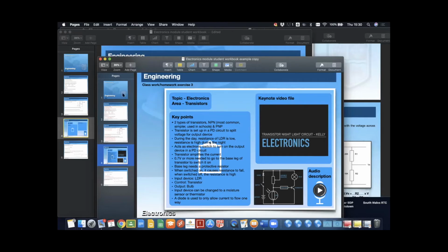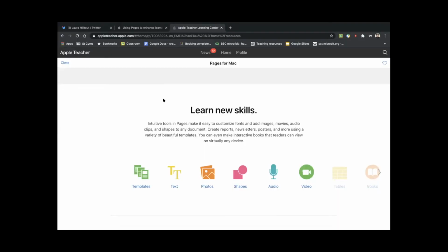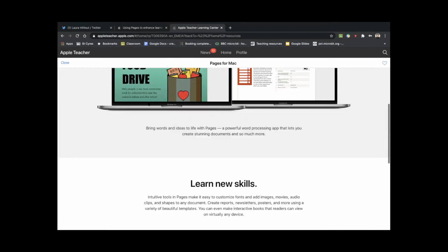Or, in time, then you can start to create your own backgrounds. It's very, very quick and very, very easy. For those of you who are not Apple teachers, if you go into the Apple Teacher